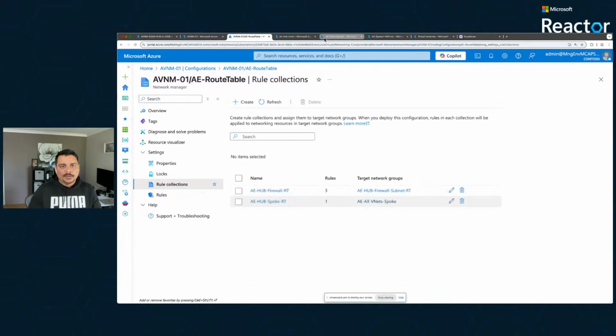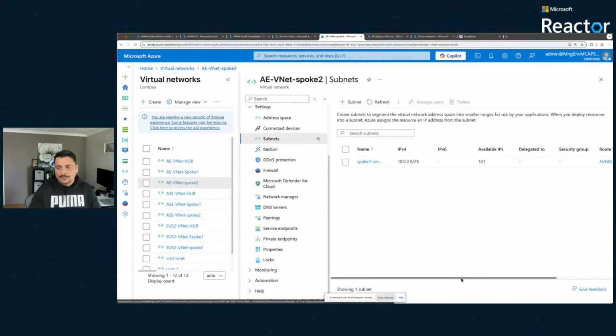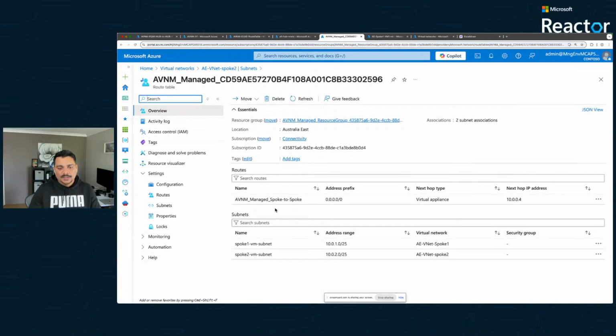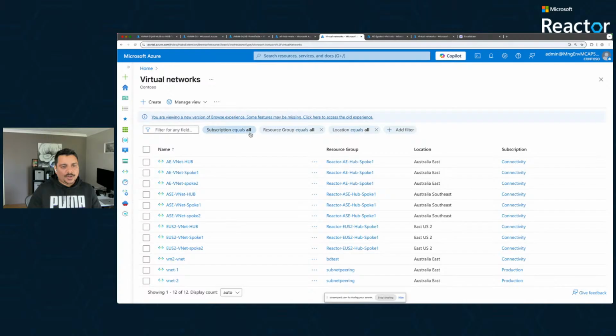And if I look at my virtual networks, so probably if I go and look at one of my spokes and look at my subnets, it shows it has got the route table, which is AVNM managed. So I get that information that it's the route table deployed via the AVNM. So I can verify it. This is deployed by AVNM, and this is the subnet it is attached to, because it's the same route table which is getting applied to multiple networks. So if I click here, and maybe if I try to refresh,